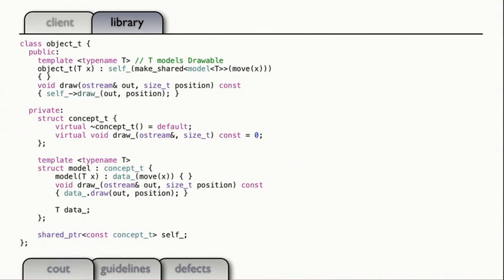Okay. So here I rewrote my object. Now this is a bit more complicated. But what I'm doing is in the middle there you'll see the concept T, which is basically my base class. It's pretty much identical to the base class I had up there for object before. But now, instead of that being the interface to my thing, what I'm saying is you just pass in anything that's going to satisfy the requirement of being drawable, and I will construct the instance of the subclass inside of this. And if you'll see in the bottom, I've got a shared pointer, but it's a const shared